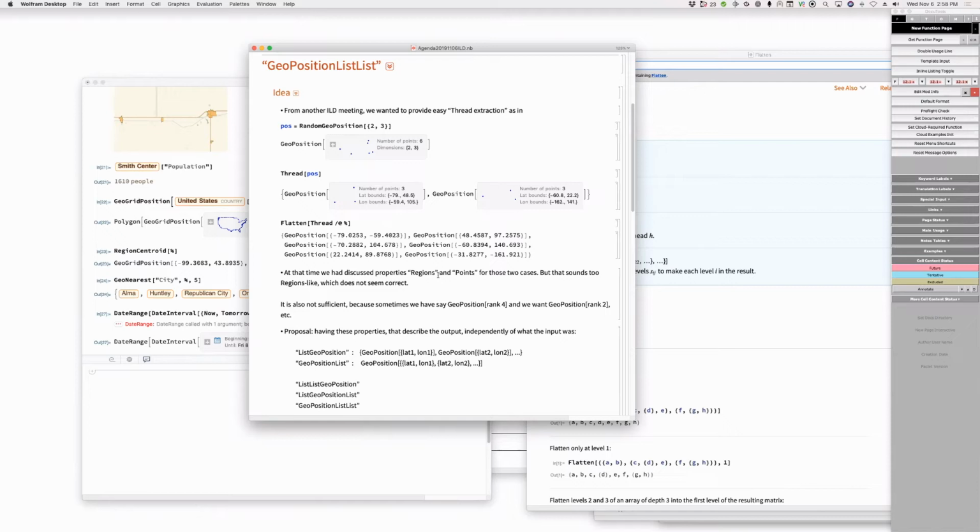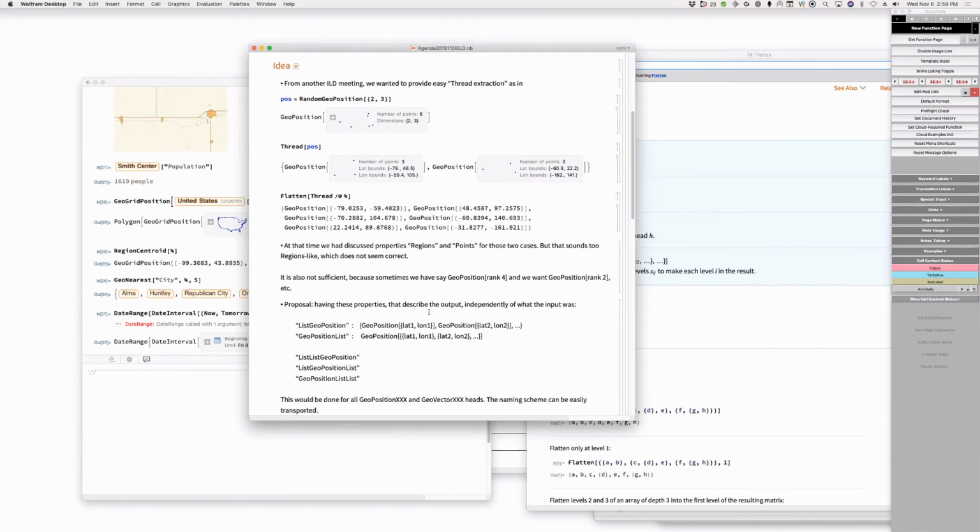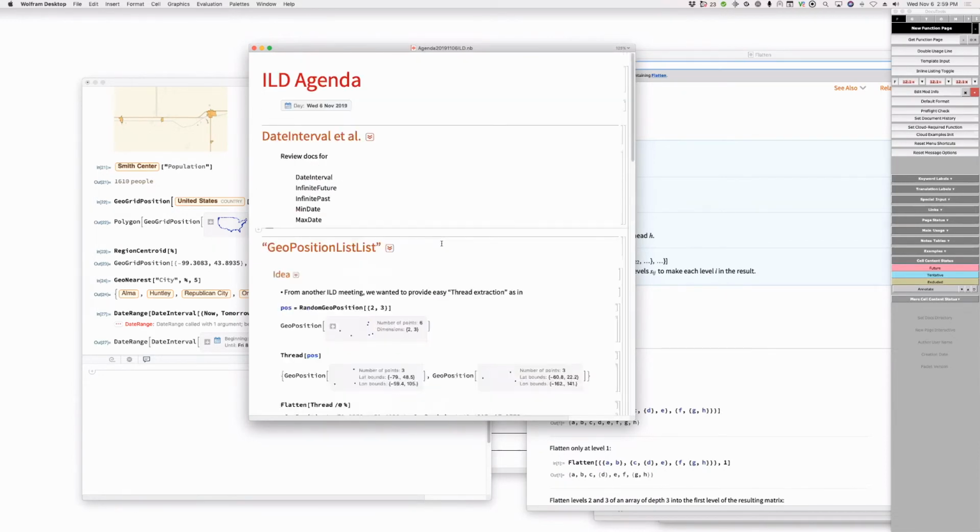Which people might get used to. Just like transpose, I've slowly gotten used to how to transpose complicated, deeply nested arrays. Yep, that second argument of flatten is very powerful. I use it quite a lot. Well, look, I don't see a problem in introducing these properties, although they're quite obscure. But I think we're going to have two obscure ways to do this then. One will be the generalization of flatten, and the other will be these very bizarre list geoposition list properties here. Does that seem reasonable? Yeah, perfect. Okay.